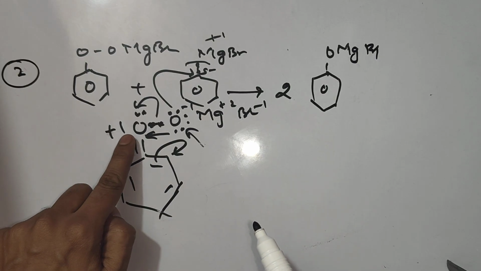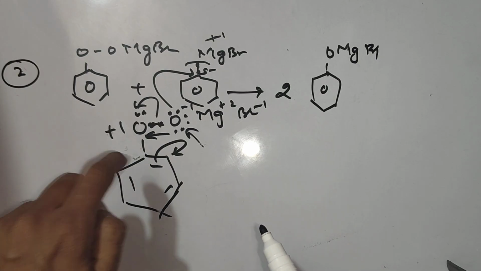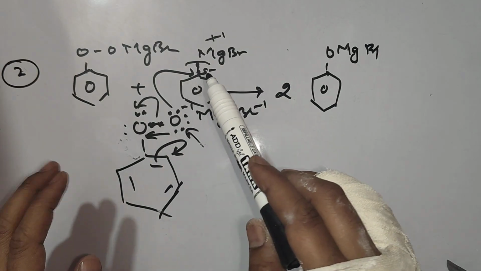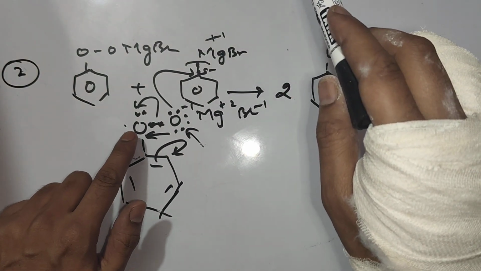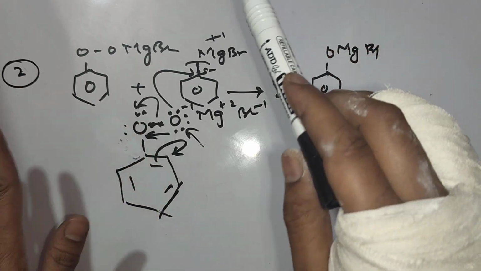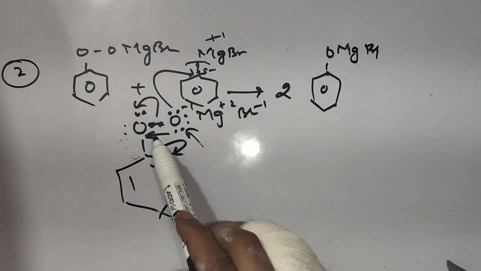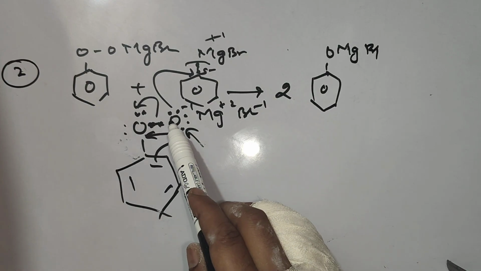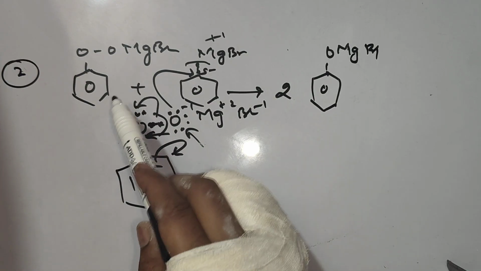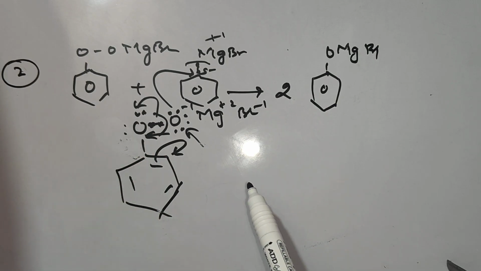Okay, once I am rubbing out this resonance, I am drawing a normal oxygen. Already we have understood the reason: this oxygen is positively charged due to resonance. Once we have understood, no need to draw it again. Now this is positively charged, and this oxygen will break its bond from this oxygen and electrons will completely shift toward this oxygen. So this part will become